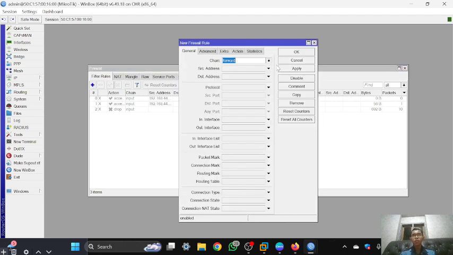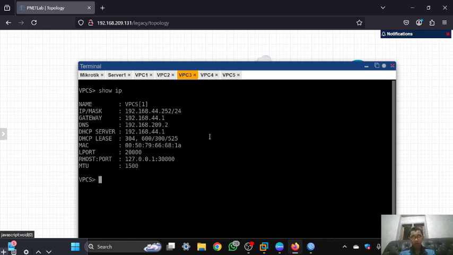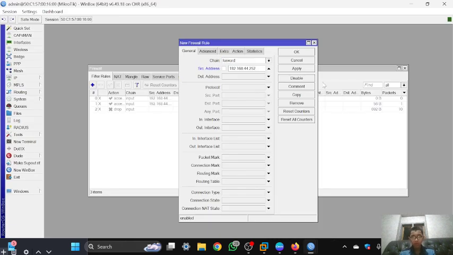Because I want VPC3 and 4 to connect to the server, the chain is forward because it goes through the MikroTik, and the source address you can fill with the IP of VPC3. And the destination address is the IP of the server.